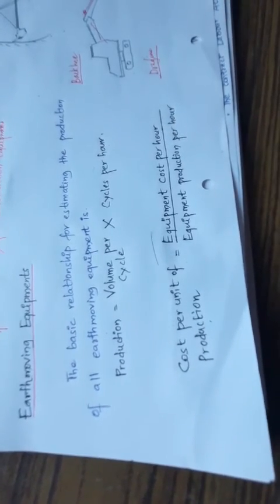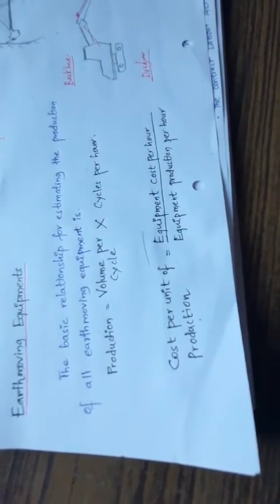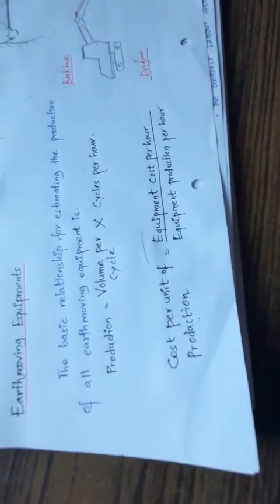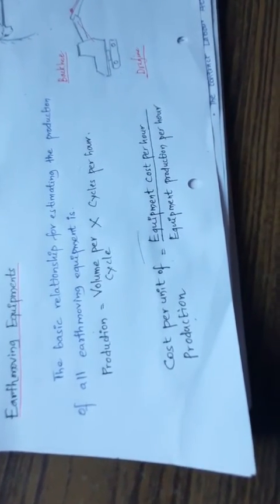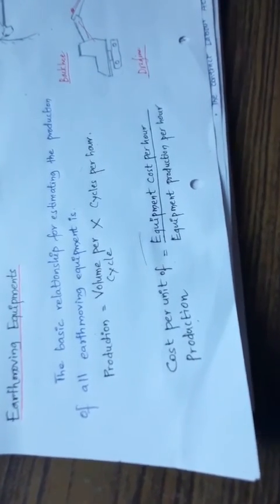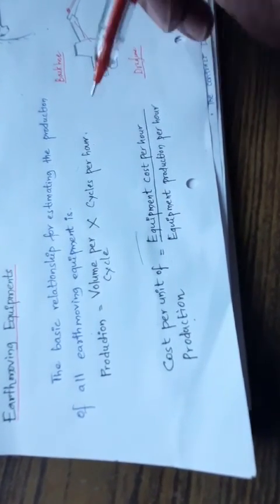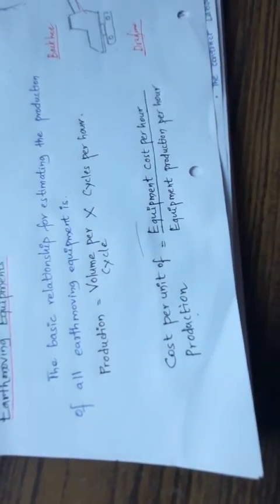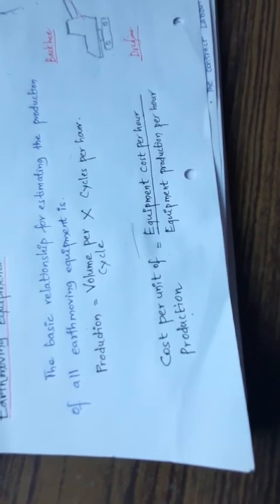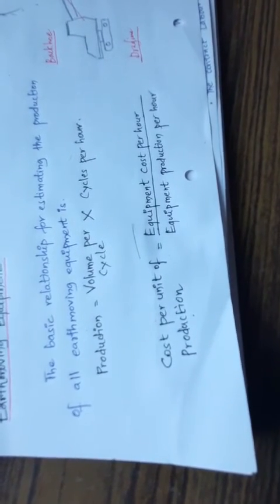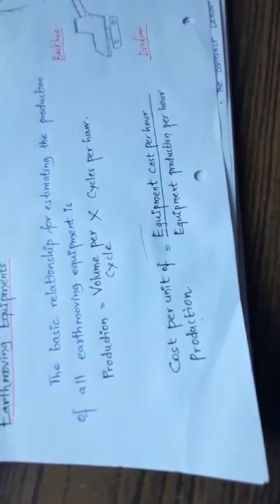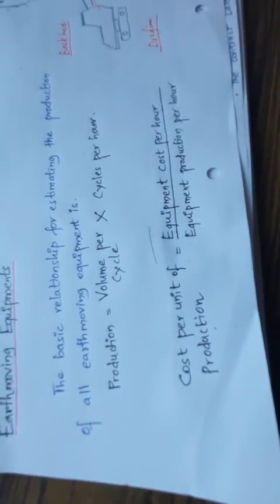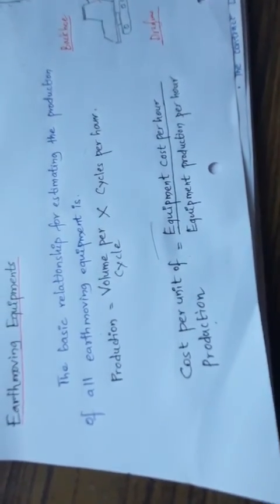There are typically two principal approaches to estimate the job efficiency in determining the number of cycles per hour. One method is to use the number of effective working minutes per hour to calculate the number of cycles achieved per hour. The second is to multiply the number of theoretical cycles per 60 minutes by numerical efficiency factors. I will give the efficiency factors for each equipment.